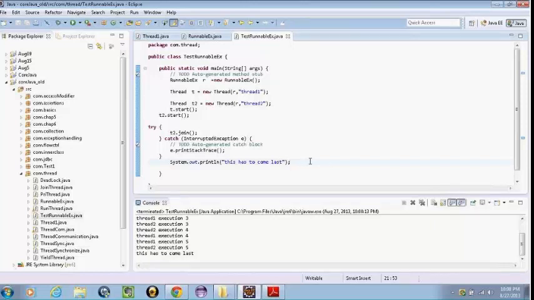Let me tell you this way. In the financial domain, when we want to analyze the stock price for a week, there is one thread which gets the stock value for the week, and there is another thread which analyzes it and tells you if it is increasing or decreasing across the week, and many more things.